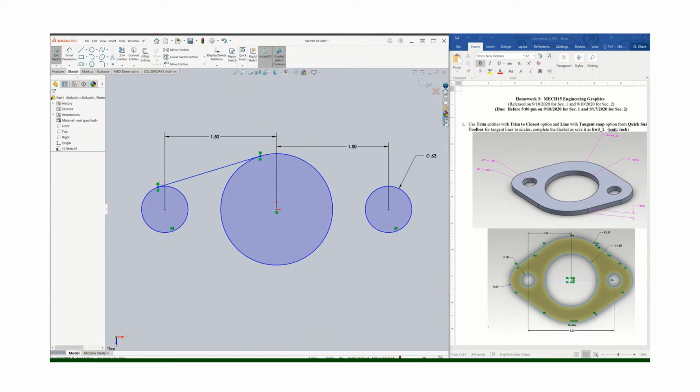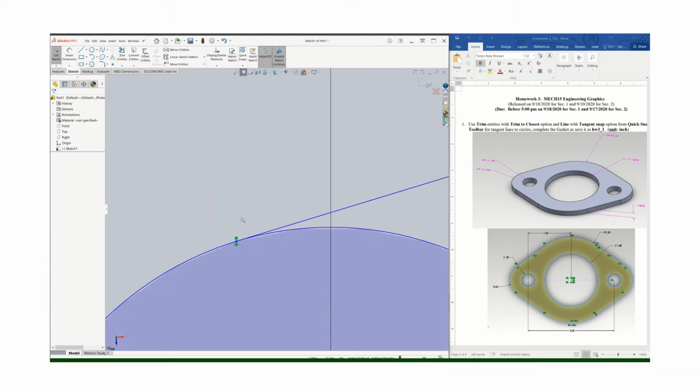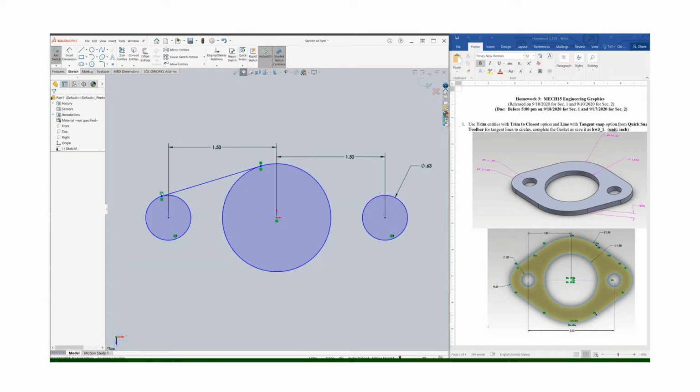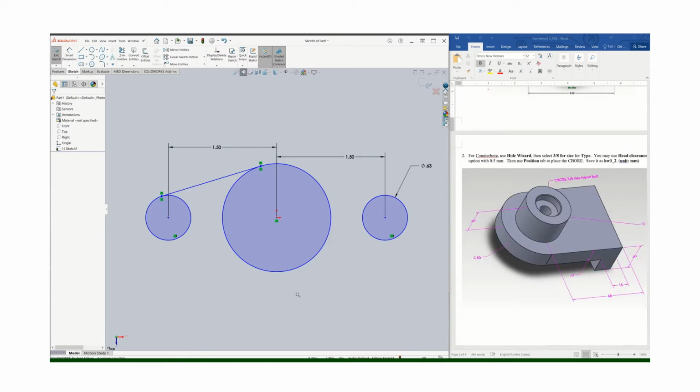So make sure that you see that tangent symbol. When you create it, that is the tangent symbol, and I'll try to zoom in. That's still small. So that is the tangent symbol, and then you could do the rest of the four sides and draw the tangent lines, and that's one way to use one of the options for the tangency. And then if I go to the second window,